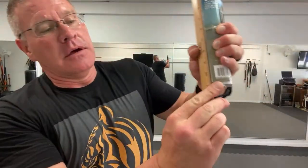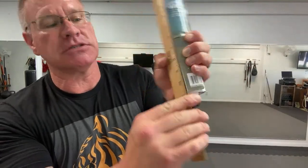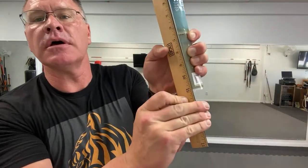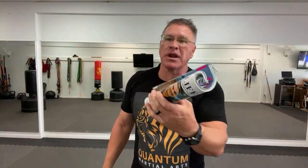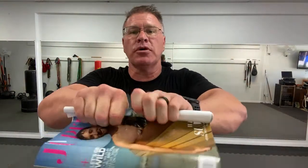I was gonna say if we measured it, it's almost 11 inches there at the bottom. Oh, there we go, get it back up there. Yeah, so it's 11 inches. The Tombow's 18 inches, but 11 inches, again, better than nothing, and as long as you keep it super, super